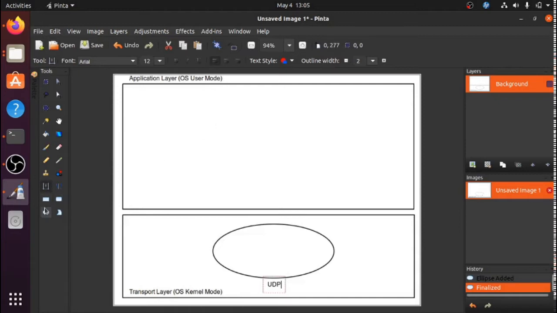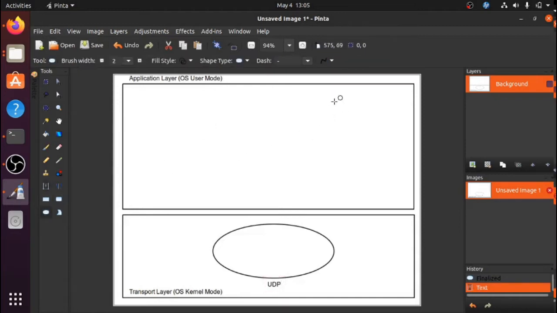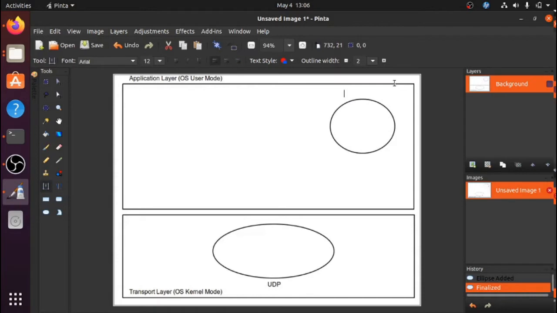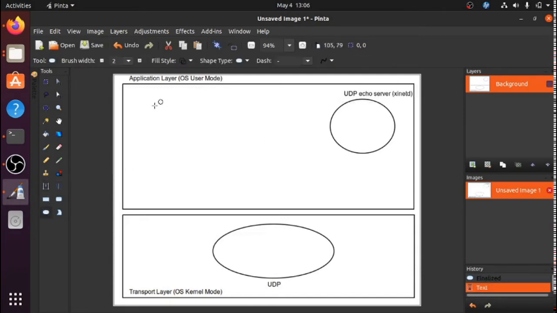So for the UDP Echo server, as we have just written, we have to set up an existing program. This is our UDP Echo server, and it is XINetD, an existing program. And again, there is a client. UDP typically runs on a client-server architecture.